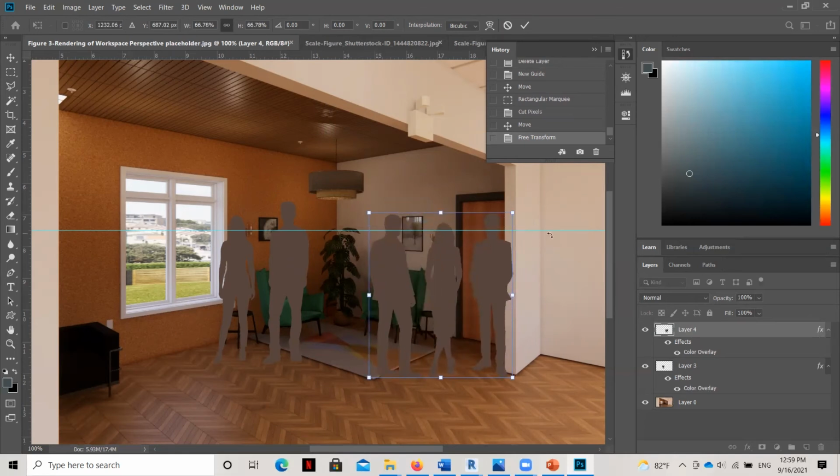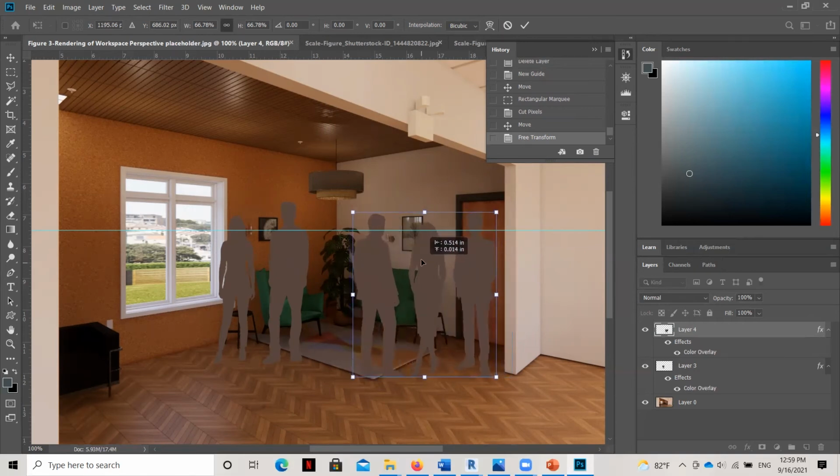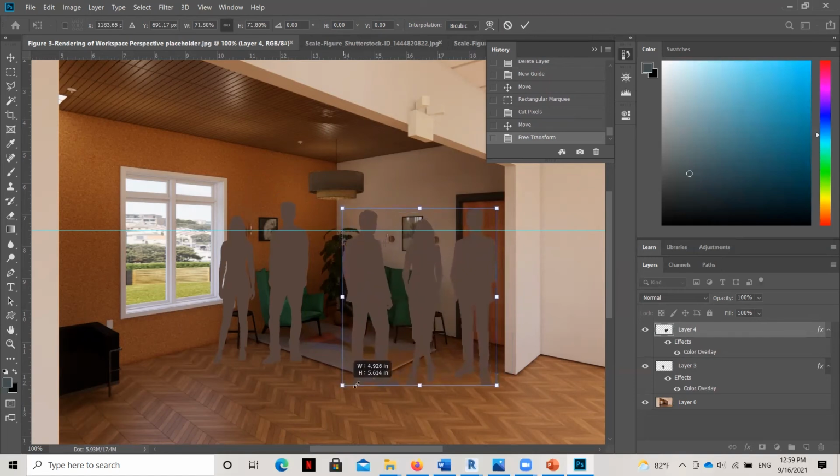A lot of times I find with beginning interior design students that they don't always put a lot of scale figures in a place. They just put the bare minimum, one lonely person within a space. And we want to sell our clients on the idea that their space is really cool and functions well and it's going to attract a lot of people.